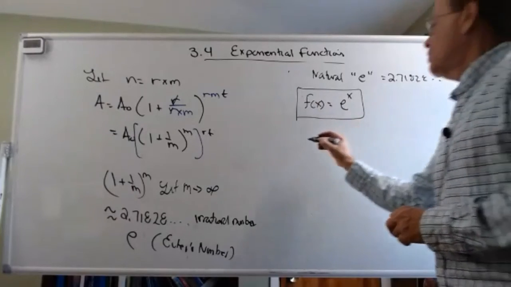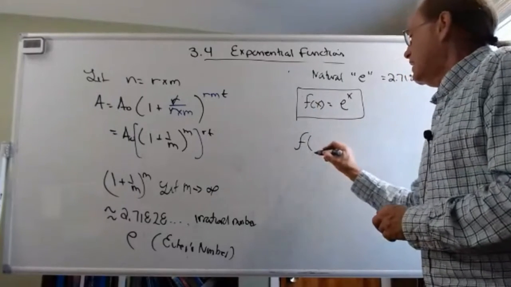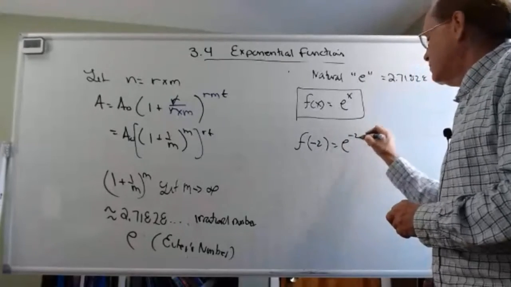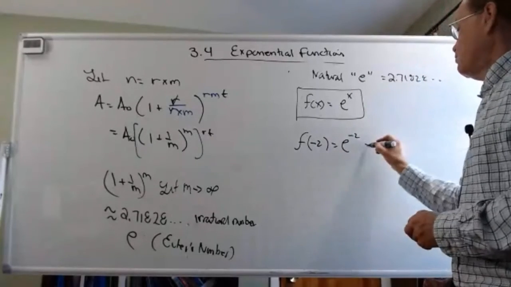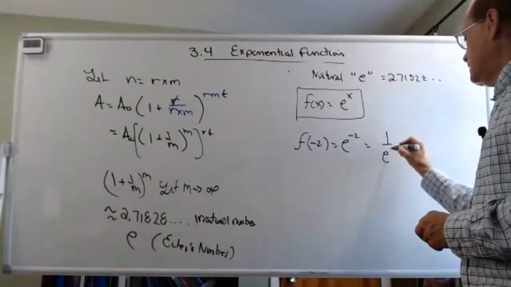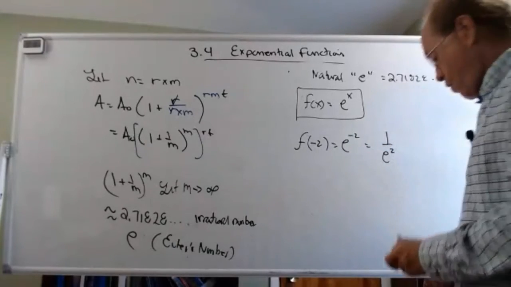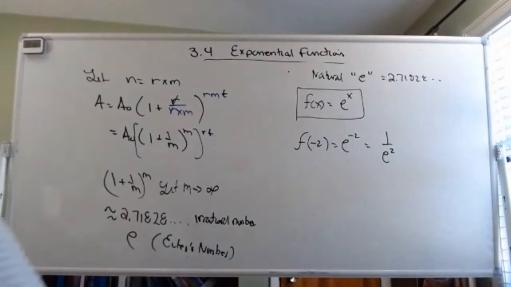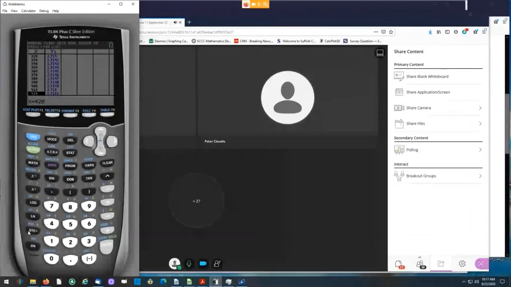Now, for example, say I wanted to evaluate something. So say f at, say, -2. Well, that is e to the -2. What is that? I can leave it written that way exactly, or I can get a decimal approximation simply by using my calculator. And I'm going to show you where that e button is if you haven't already seen it or are not familiar with it. So coming over here,